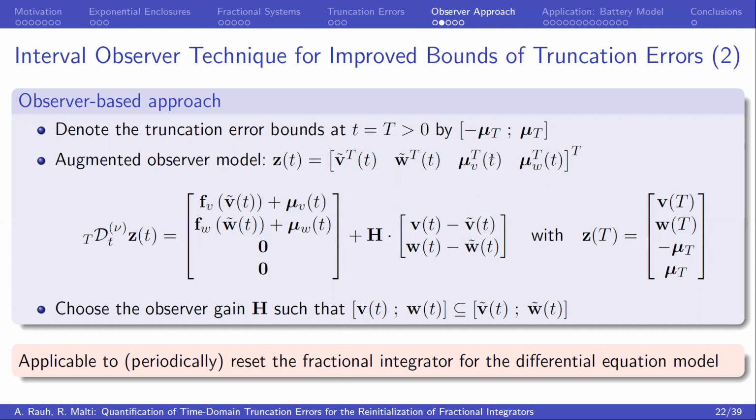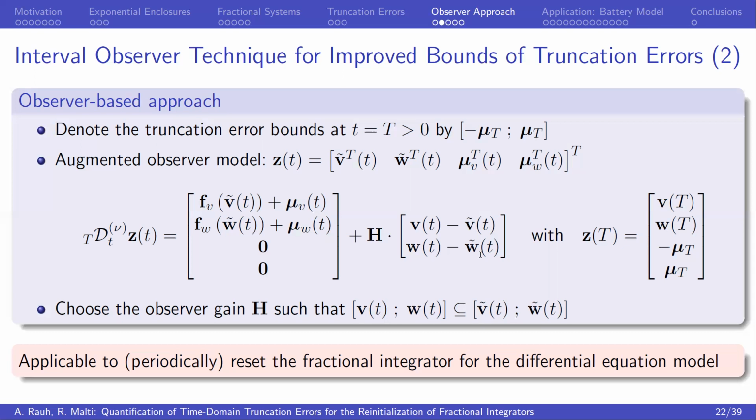Now, due to the fact that we already have some information v and w from the original integration of the system model initialized at t equal to 0, we can design something like a Luenberger type state observer that is well known from control theory. The only thing that we have to choose now is an observer gain matrix H, which on the one hand makes sure that the error dynamics, that means the deviation between the so-called measured variables v and w and the new estimates v tilde and w tilde, are asymptotically stable.